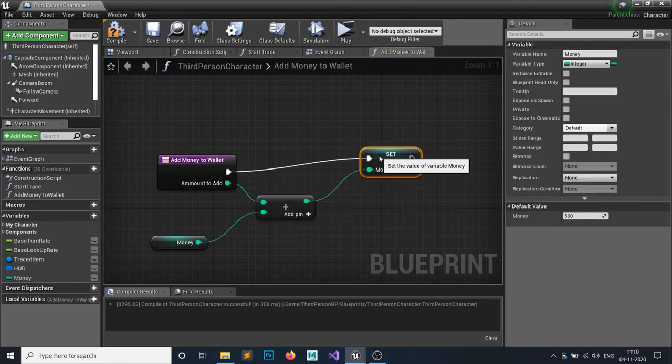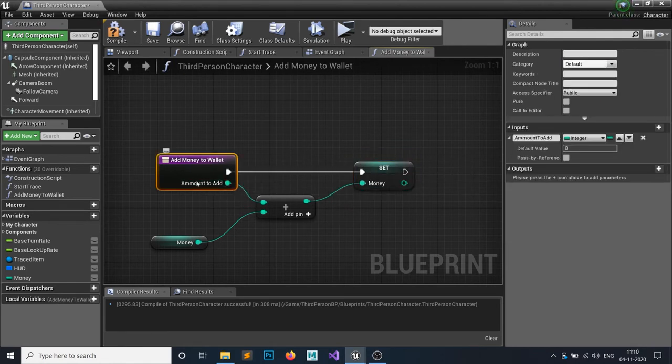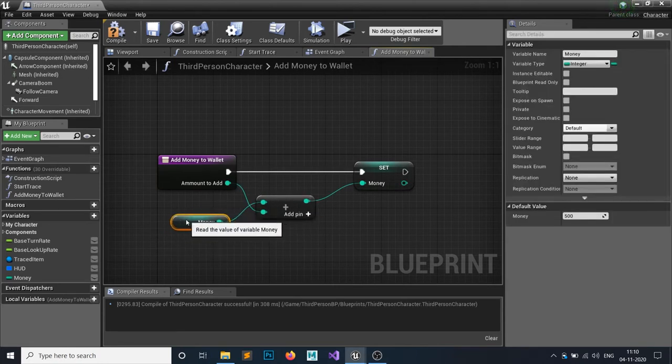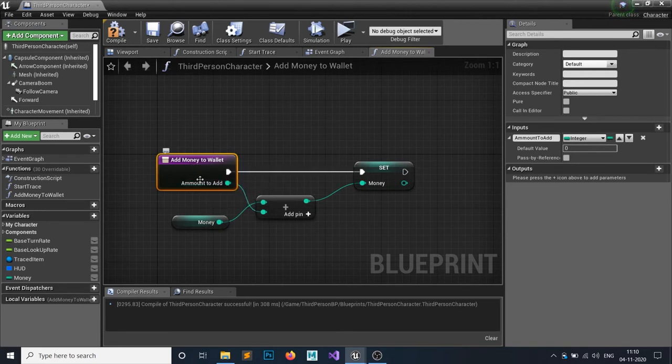So if you want to decrease the money, you have to provide a minus value, and it will decrease the money. For that, this should go in the second place, because if it's a minus one then it might be problematic for us. So make sure the money goes in the first place. For the plus part it won't affect much, but if you want to decrease the money then you provide a minus amount. So let's say 500 minus 100, it will set us to 400. So make sure this branch goes in the second one, so we eliminate all the problems.